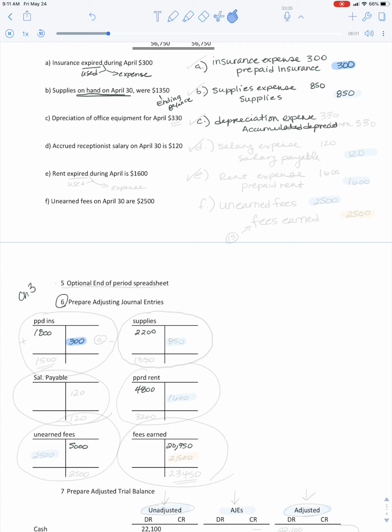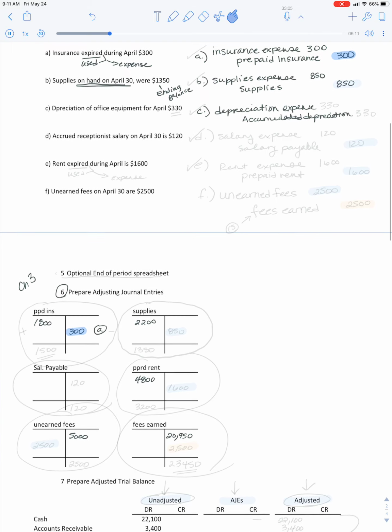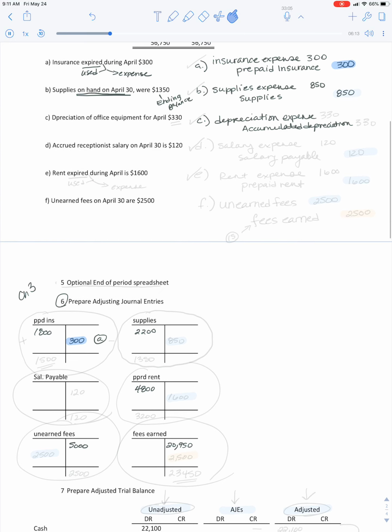Oh, we didn't post our B or C, so let's post B. This is A. B, we're going to just post this $8.50 part. So $8.50 comes out here. And then we don't have a depreciation T account. Okay, so D,